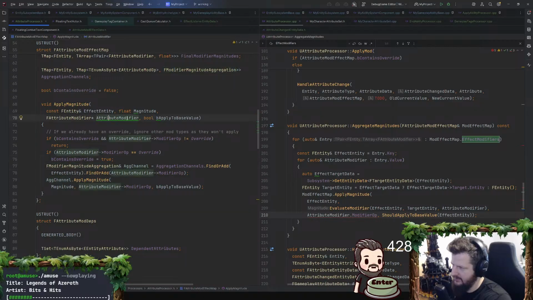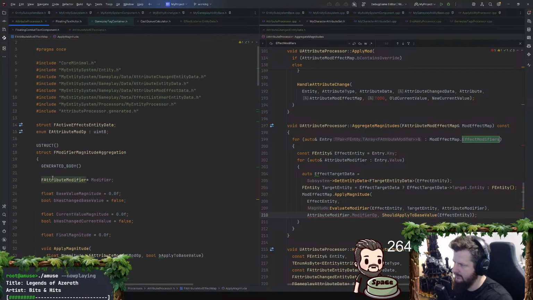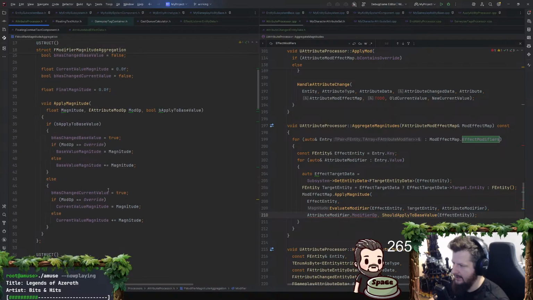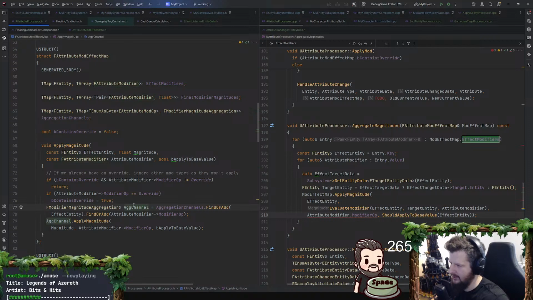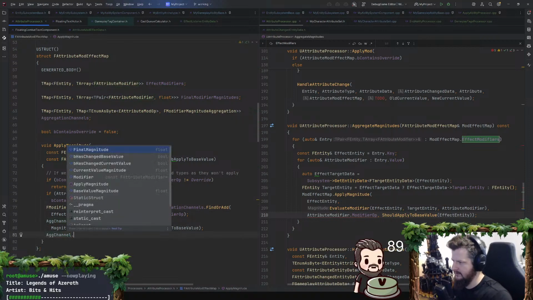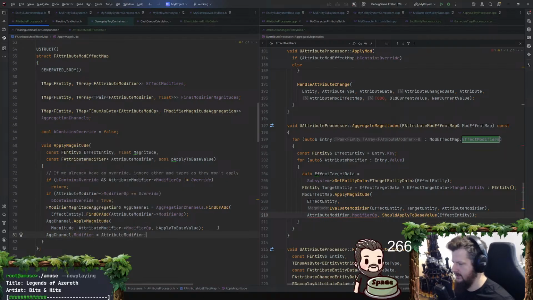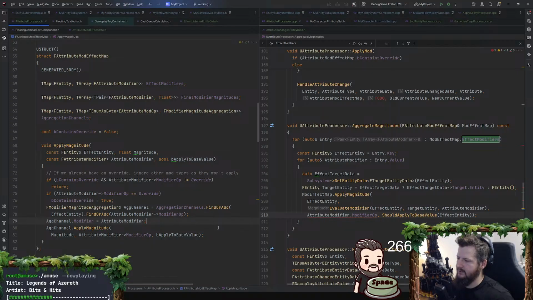Okay, so I just need to put this attribute modifier on. Yeah, it should be const. I should never edit that. That would be bad if it were to be edited. So we find or add the ag channel. The ag channel, we just need to set this attribute modifier on. It should already have it in some cases. I just don't know if we're adding it, so this is going to be a no-op in some situations. That's okay though. Make a pointer there. Okay, so we have that pointer.